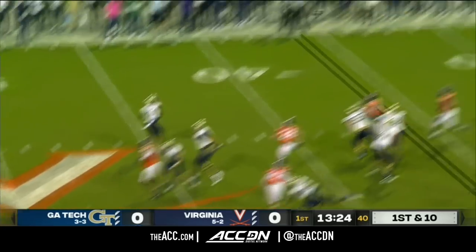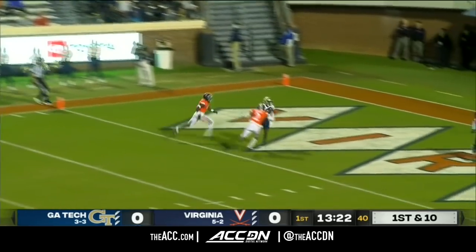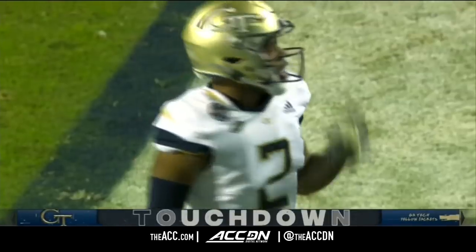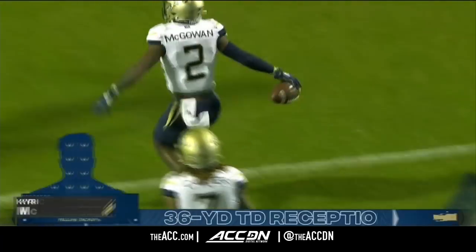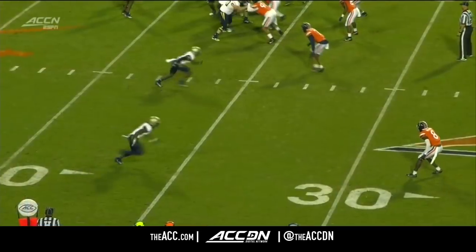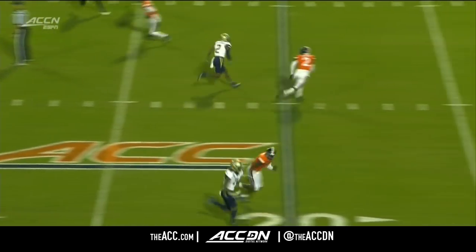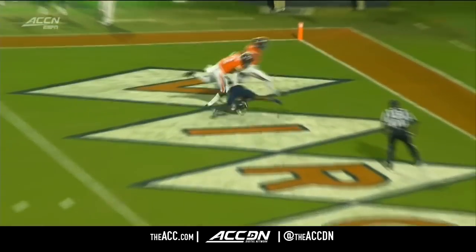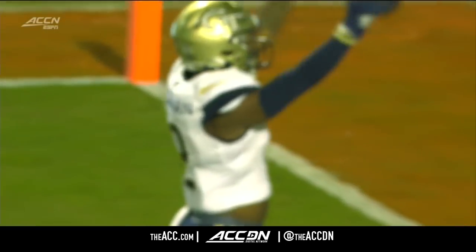Sims wants to throw. Plenty of time to do it. Throwing deep, heading for the end zone. And a touchdown. The catch made by McGowan. Kyrick McGowan, the Northwestern graduate. And talk about a quick strike for Georgia Tech. Is trying to kind of fall back on it. You see, just speed up through the field, and good job of throwing it and running him away from Devontae